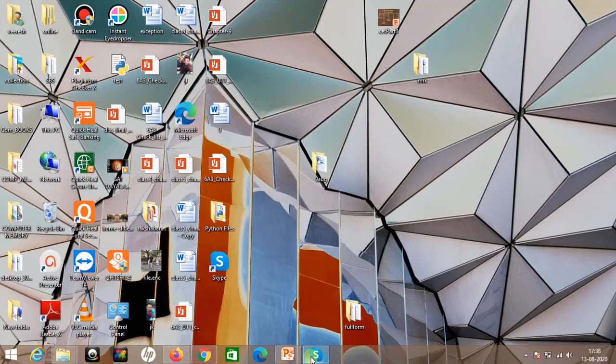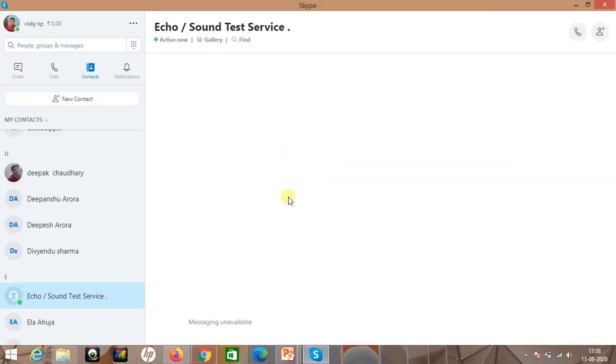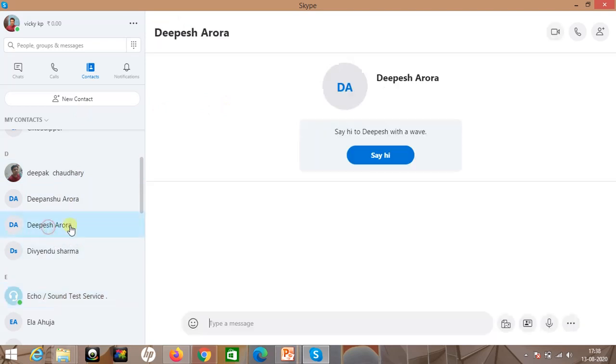So now I'm going to use the Skype account. Here you can see the icon of Skype. I will click here and you can see the window of Skype. Suppose this is the contact. Suppose I want to talk to my friend Dipesh, so I can use this video call, audio call option to have a video or audio chat. So in this way we are going to use different real-time communication apps like Skype, WhatsApp, etc.